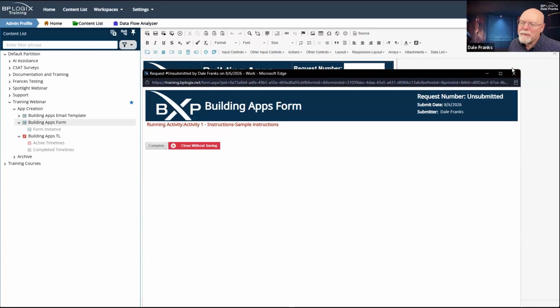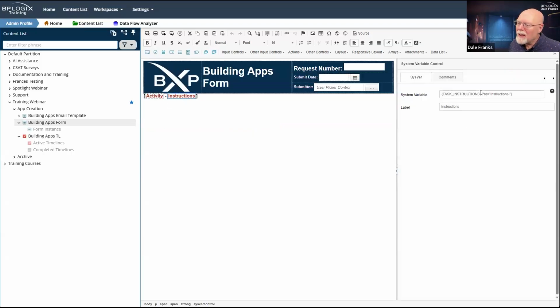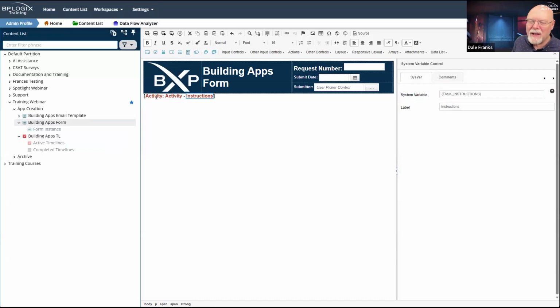So here's the thing. Sometimes using the pre and the post are a little irritating, and you just want to elide past them. So while they work and they're okay, sometimes it's just better to go with text. Activity, activity, instructions, instructions.